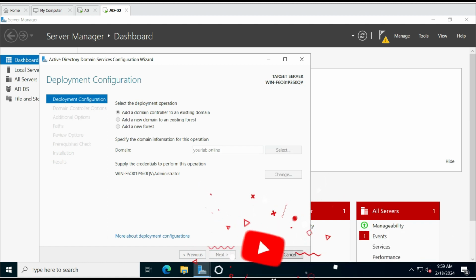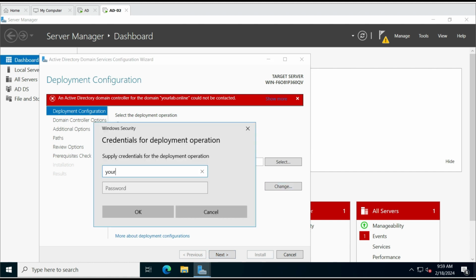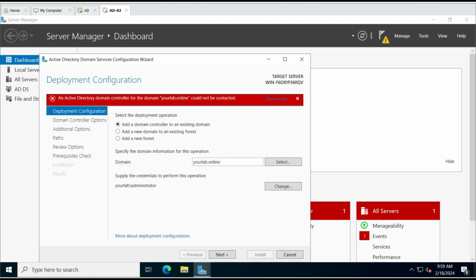We'll see. I'm going to give yourlab slash administrator. Click next. This is the error when it prompts. So we're going to add this server to the domain first, then perform this, and it is going to be resolved. So for that, I'm going to cancel this,